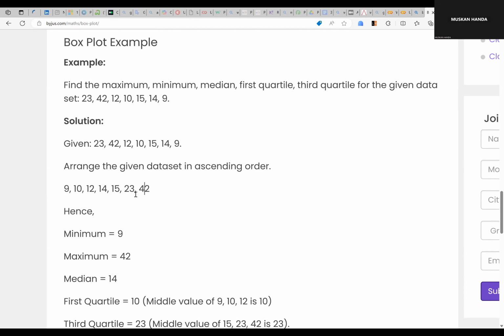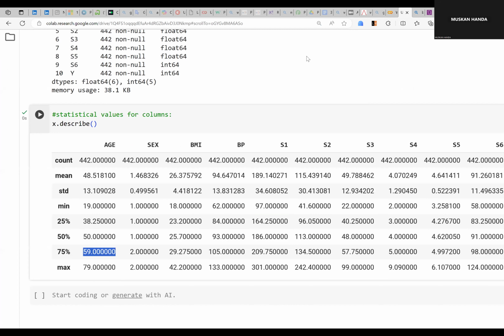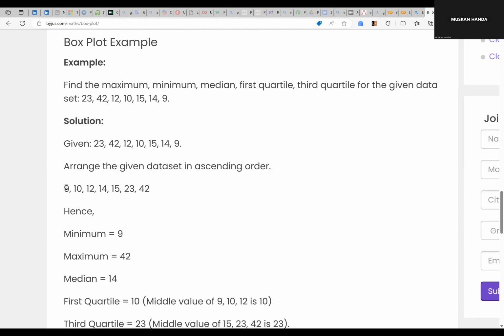ओके, मीडियन क्या होता है? मीडियन is calculated, अगर आपको नहीं पता था अब आप सुन लो। मीडियन आप कैसे कैलकुलेट करते हो? अगर आप यहाँ देखो, यहाँ पे आपके पास मीडियन की वैल्यू नहीं है, but ये 50% is Q2 is your median only. How is that calculated? जब भी आप अपना डेटा अरेंज करते हो, you are arranging the data, whatever is in the center, देखो, this is in the center, this is your median, ठीक है, this is your median. So this is your Q2. ये मीडियन आपका Q2 या फिर 50th परसेंटाइल होगा इस डेटा का।